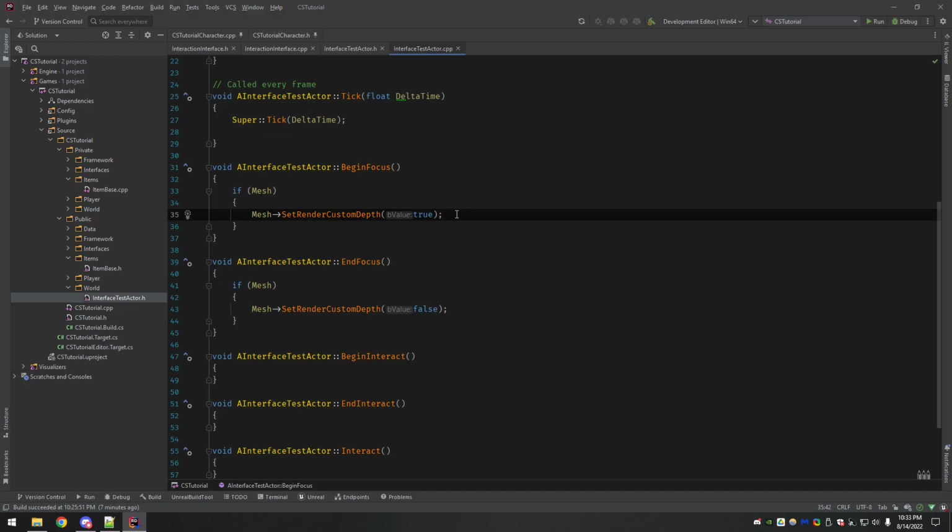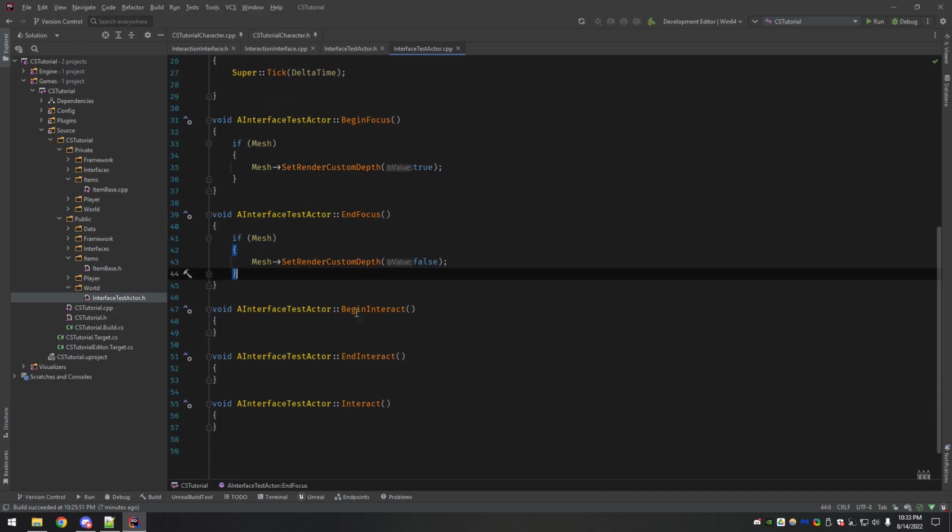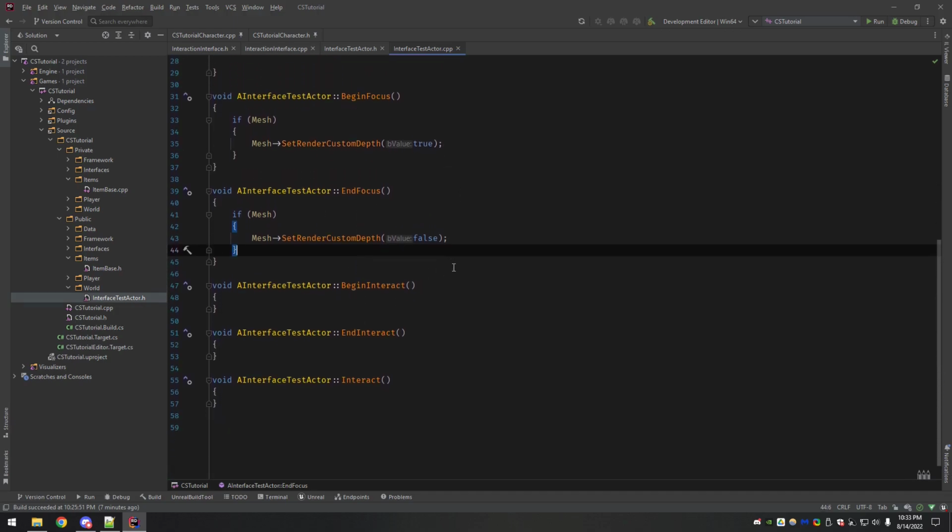I have some materials that are already pre-made that will highlight the bounds of what you can see on a mesh. When you turn this layer on, it sees that material and applies it over top of the mesh to create the highlighting effect. I'll talk about that more when we get back into the editor.